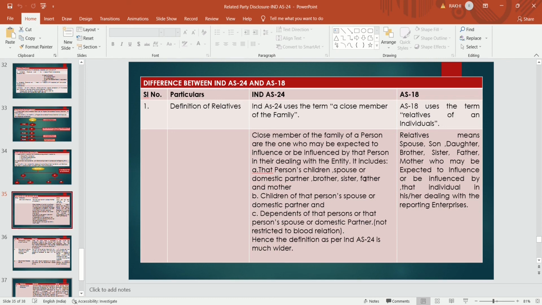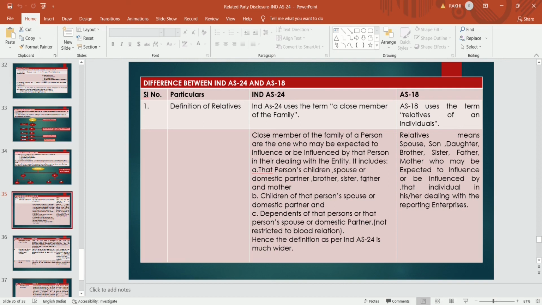In AS 18, the relative means spouse, son, daughter, brother, sister, father, mother, who may be expected to influence or be influenced by that individual in his or her dealing with the reporting entities. So this definition is covered under AS 18, but in Ind AS 24, the definition of close family member is something different based on the foreign environments. So the definition is quite